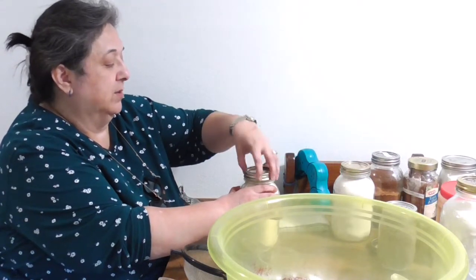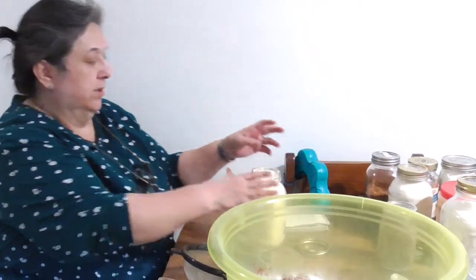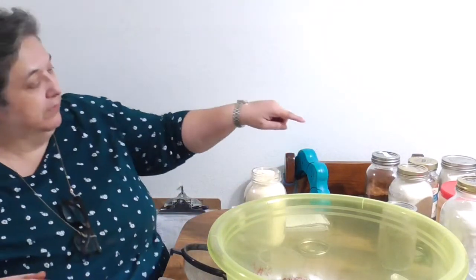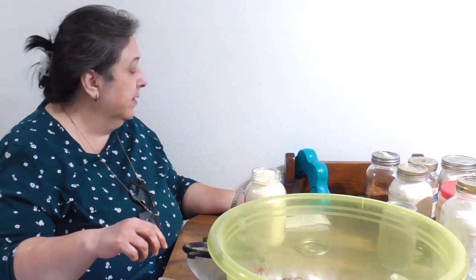And I vacuum packed this one in July. But this was not vacuum packed, so let's use that one up. That one I know was vacuum packed because it said so on there. It's got a V that tells me that's been vacuum packed. Okay,